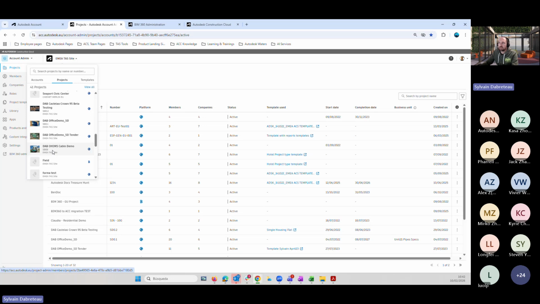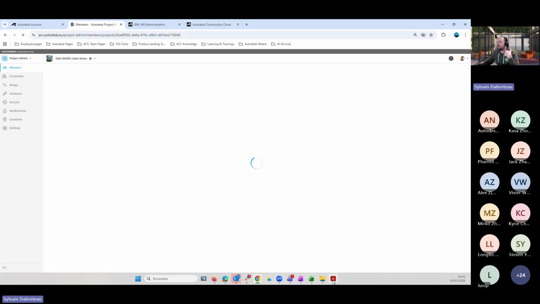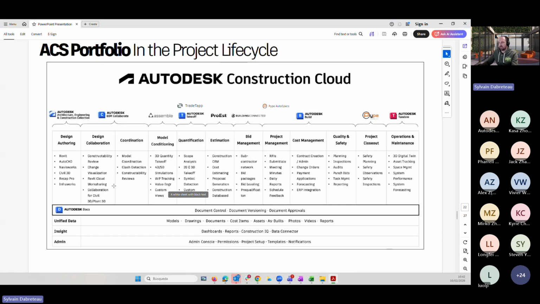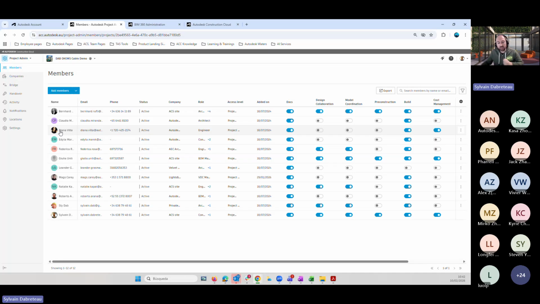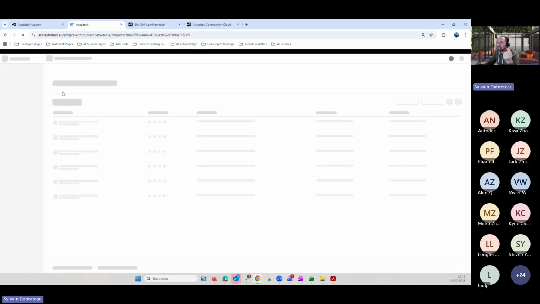Okay. So again, if I start new in the project, the first thing I need to configure is my project administration. I am the project administrator or the project manager, and I want everyone to be working in this project. So maybe I create this project based on a project template, if I have to create many projects every month. But here I'm in a brand new project. So I will add my members. Okay, I can add members here.